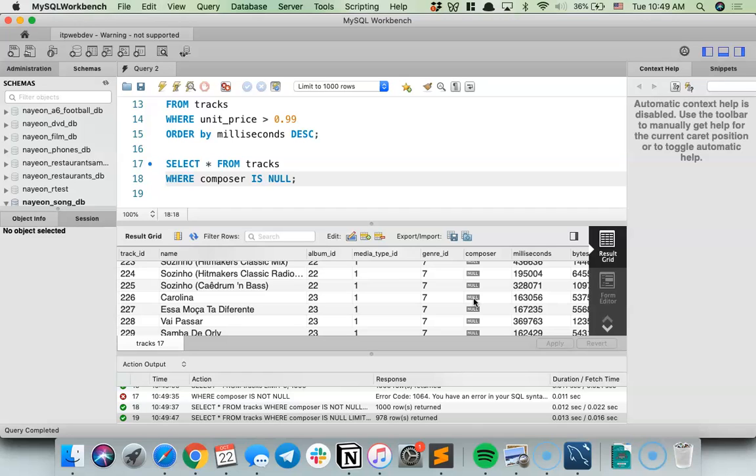Yes. When would you use null? I like to always just null things out. I think that's better practice. If there's no composer for this song, for example, you should just null it. But some people just leave it blank. It's more of a matter of style, I guess. But I like to null out things when they don't exist.